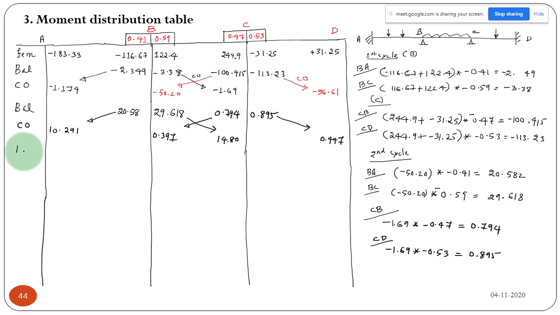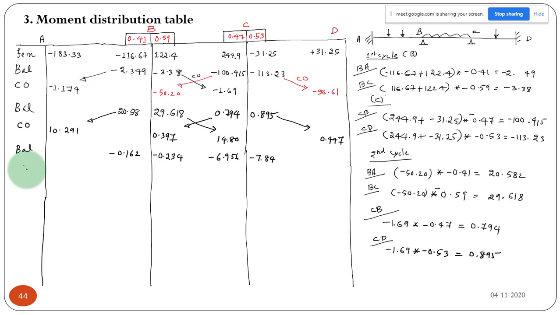Okay, so 0.397 you can balance. You repeat the step with the distribution factor values for 0.397. So that value will be distributed. You will get the values minus 0.162 here, and here minus 0.234. This 14.8 will be distributed, and the negative value you have to apply, that value will be minus 6.956, and here minus 7.84. This we can find out. Okay, same procedure. Instead of 50.2 you take 14.8. Okay, that is the balancing.